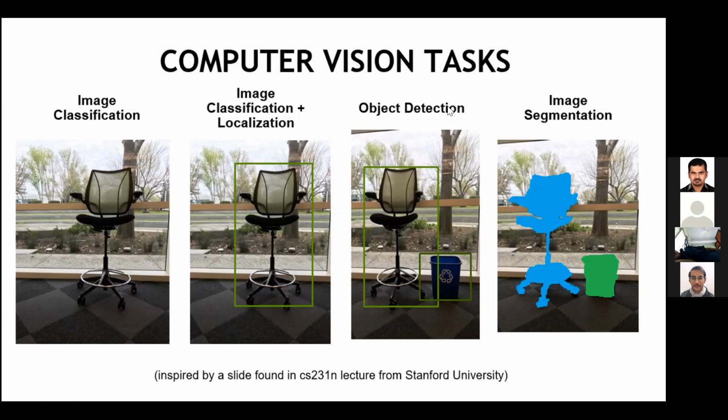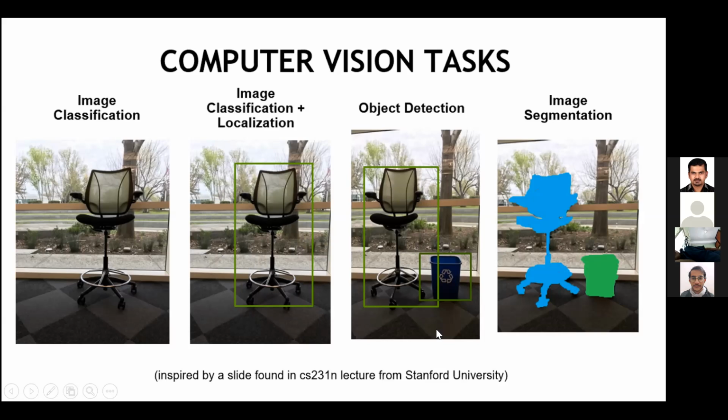Actually, object detection is that. Object detection is an extension of image classification plus localization. Here you are not just telling that it's a chair, you are also telling the location of this chair. You can identify the left corner coordinates and the right corner coordinates, so you know the bounding box, this rectangle here, and then you know that it is located in this location in this picture.